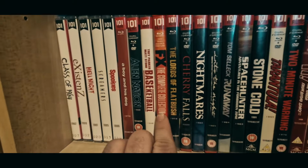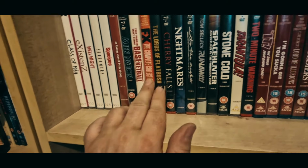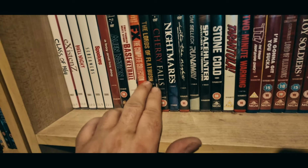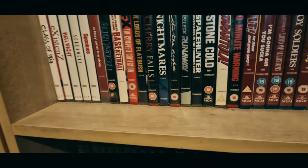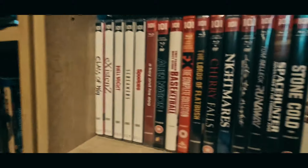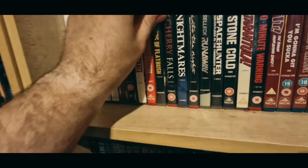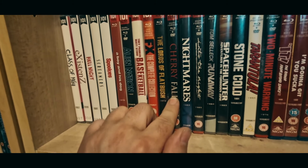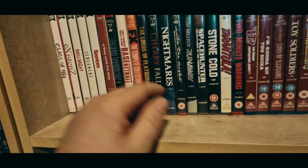Then we have FX, The Complete Collection. Great movies. Brian Dennehy and Bryan Brown. So much fun. Then we have Lords of Flatbush, which is a Sylvester Stallone, and I want to say, yes, Henry Winkler movie. Cherry Falls. Really cool sort of meta